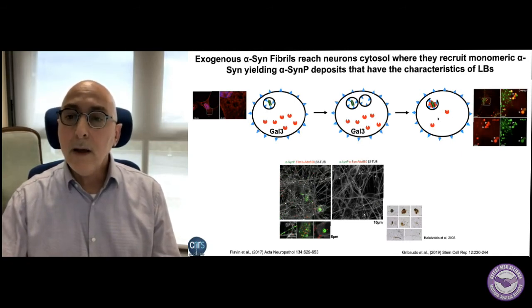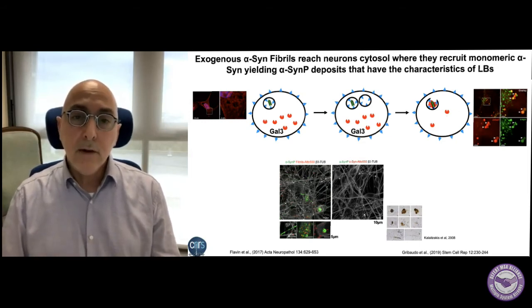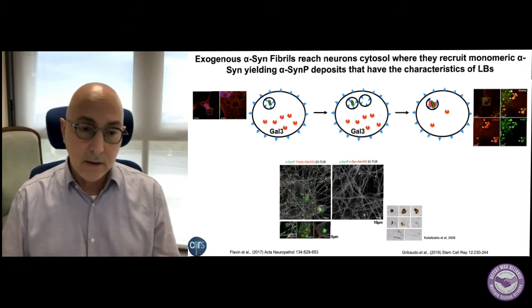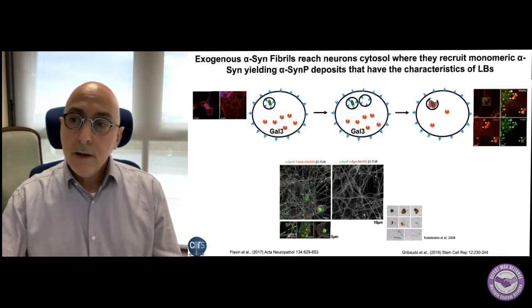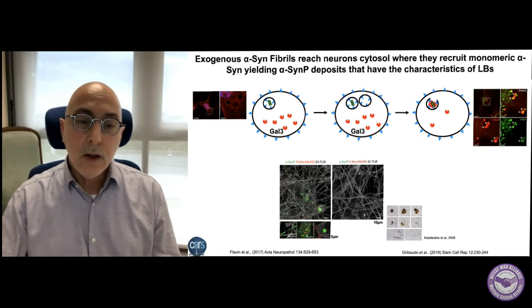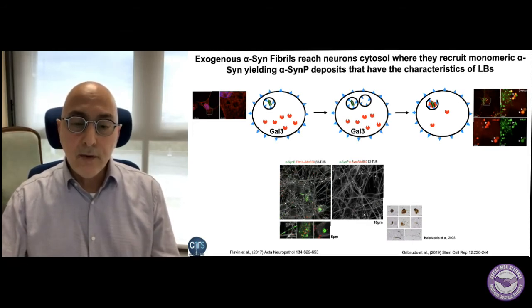And this is why galectin-3 binds to them, because when you break open an endosome or lysosome in a cytosol containing galectin-3, the galectin-3 binds to the sugars that are exposed in the lumen of these compartments. This fraction of alpha-synuclein fibrils that reach the cytosol, this time labeled in red, recruit the endogenous alpha-synuclein,